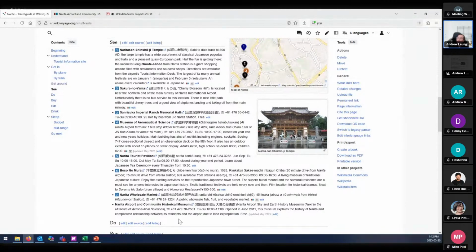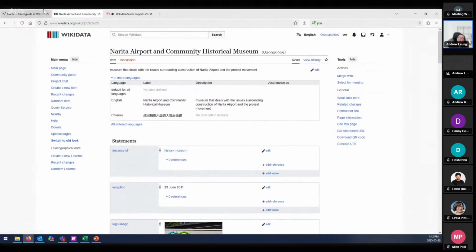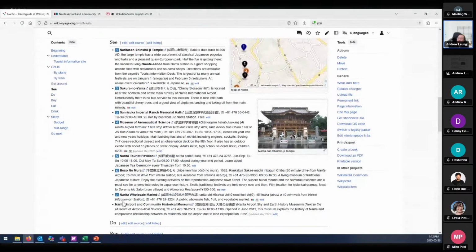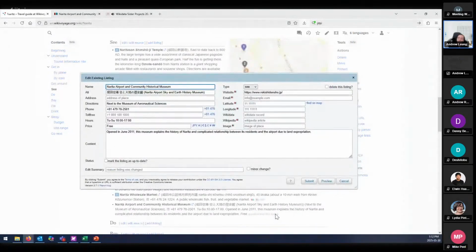So I have entered a museum nearby, and I have entered a lot of the information this month. But I noticed there's actually an entry on Wikidata. However, I am not confident with the actual location on the map of this museum. So what I could do is simply click on the edit button, which is unfortunately only on the desktop and laptop. It is not available in the mobile view due to technical reasons.